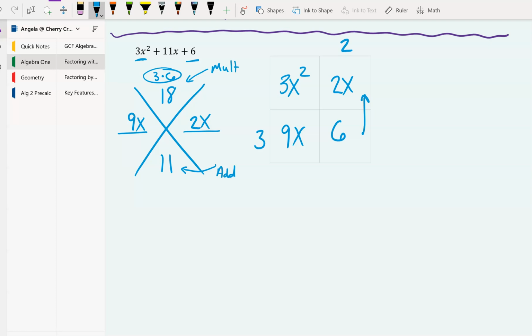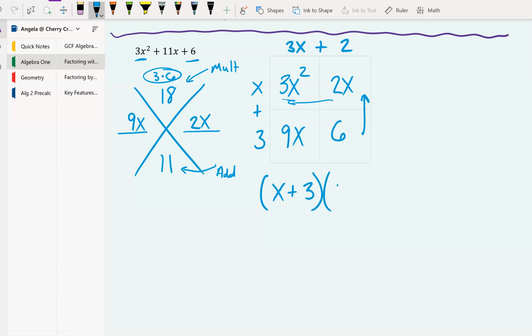That's looking pretty good. Between 3x and 9x, because there is a number in front of the x, you want to be mindful of that. It means there's going to be some kind of number for my x values. And as I come across this way, it looks like x would work. Let's double check this makes sense. 3x times x is 3x squared, so that checks out. 2 times x is 2x, so that checks out. 3x times 3 is 9x, and 3 times 2 is 6. So, ta-da! Our factored answer for the original trinomial is x plus 3